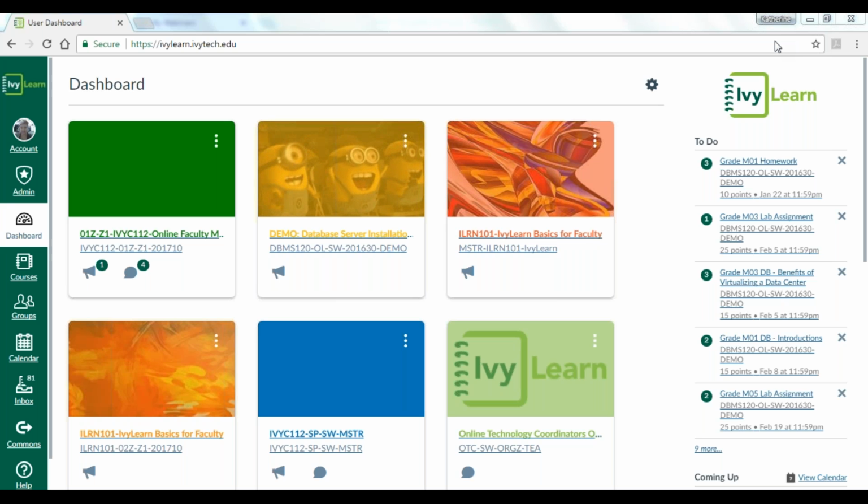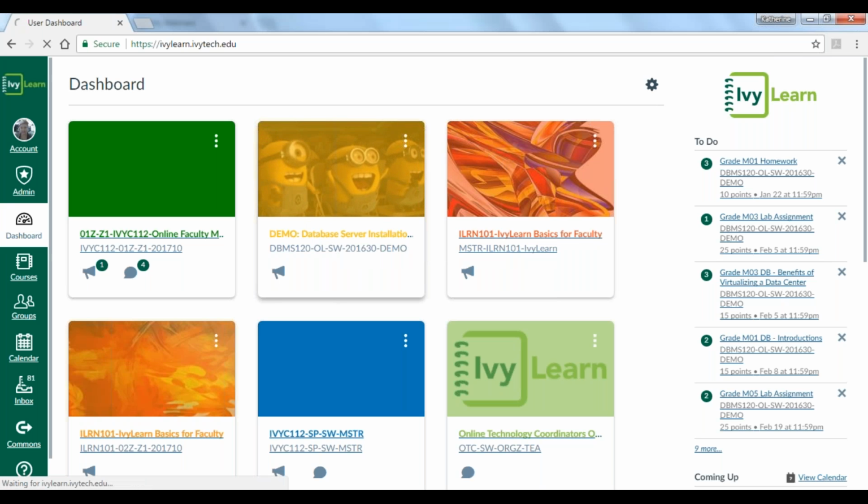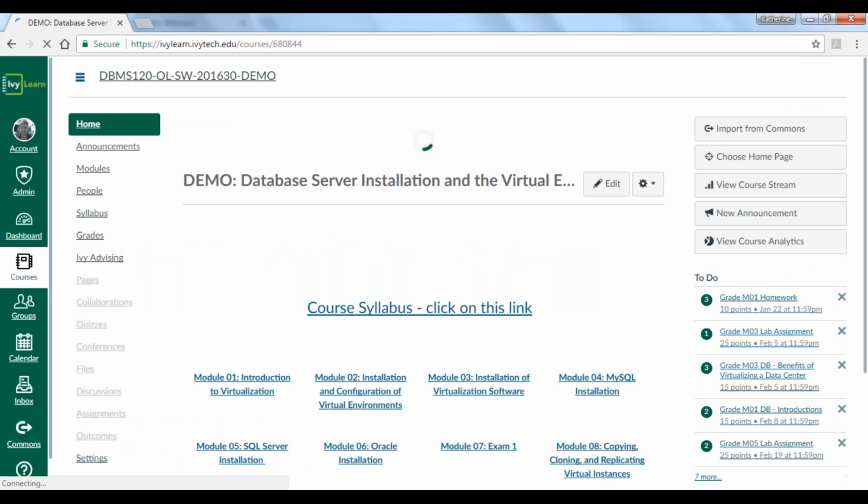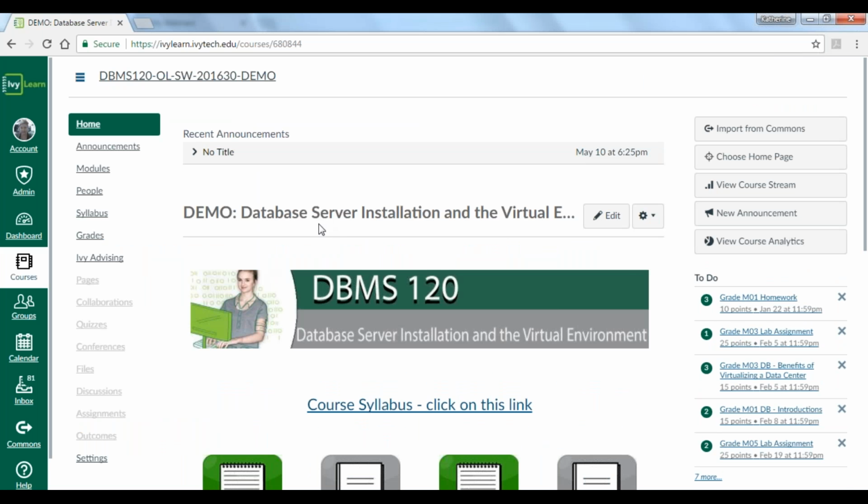Now, I have a couple of things I want to share with you today, just because I've been working a lot of help desk tickets, and I'm very big on faculty support in my position here at the college. So this week, I've had a lot of questions about missing content. And so if you haven't already done so, I encourage you to log in to your class and go into the settings. So I'm going to go ahead and select my demo course here with my little minions.